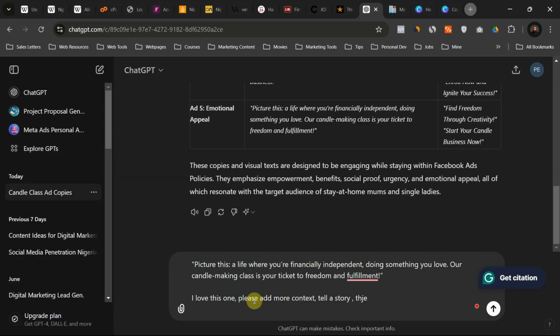Then these are the top benefits of joining the class.